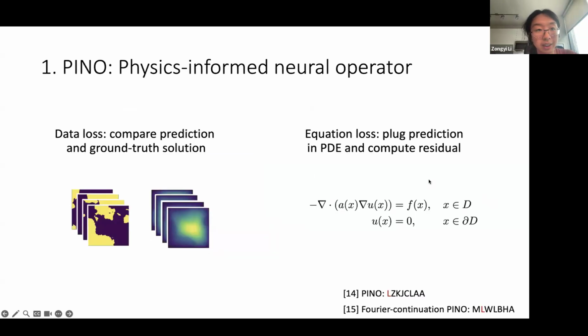The two ideas here: one is to use physics-informed learning. The idea is simple: beyond the data loss, we can also use the equation loss to learn operators. Compared to just using PINNs, we're also learning operators across multiple instances, so it's easy to share information across equations.